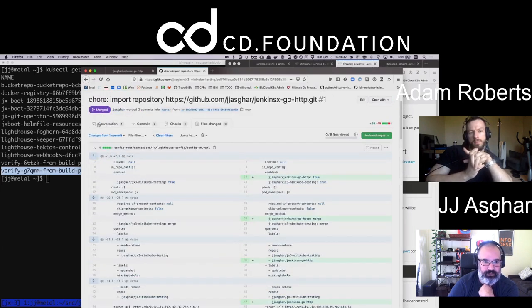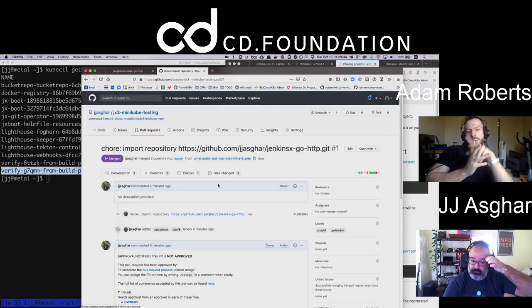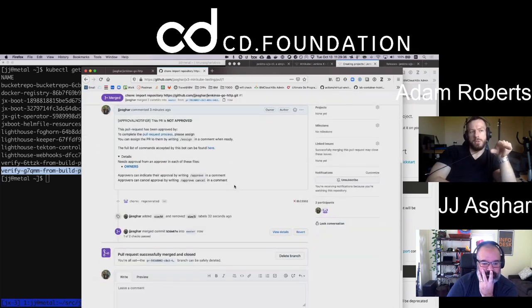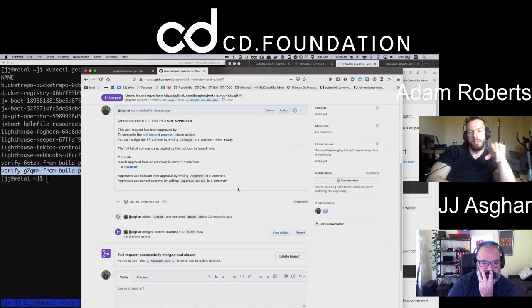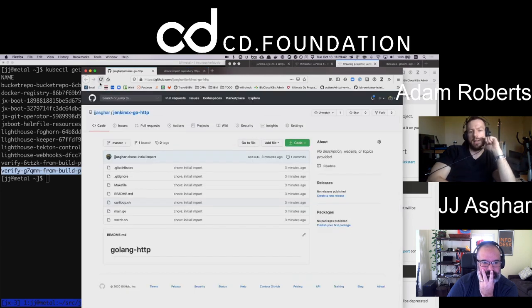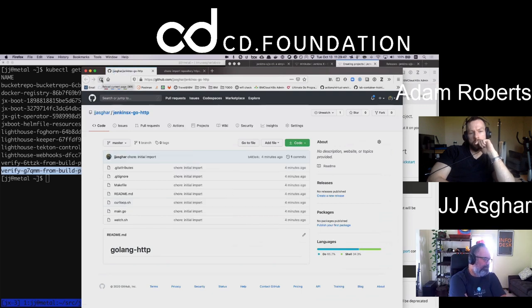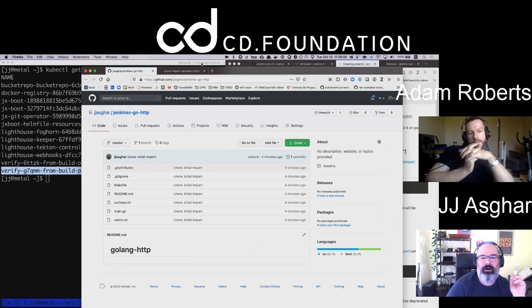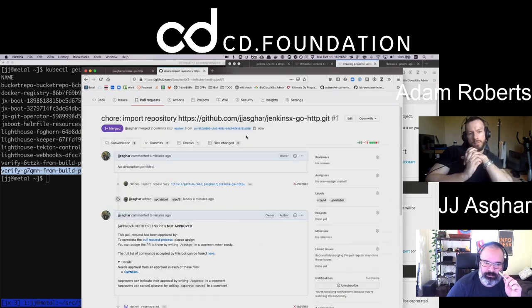So that waiting for pull request to be merged thing was not a user action. It was waiting for Jenkins-X to do its thing and verify it. Because what it's doing is setting itself up, the configuration repository, to know about it. That makes more sense.